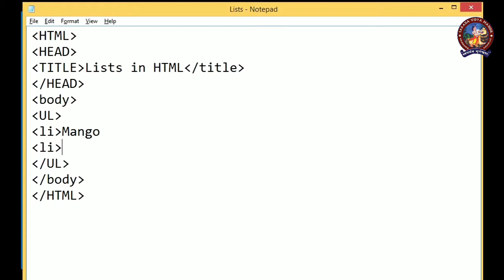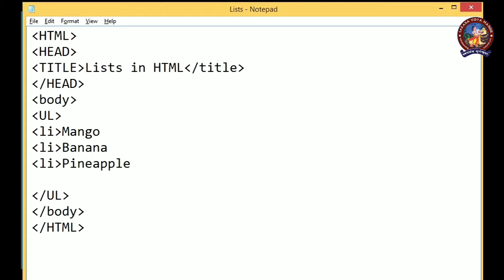So that is banana, list item. So you can see in this list there is no use of the sequence. If we change the position of the items, there will be no change in the result.